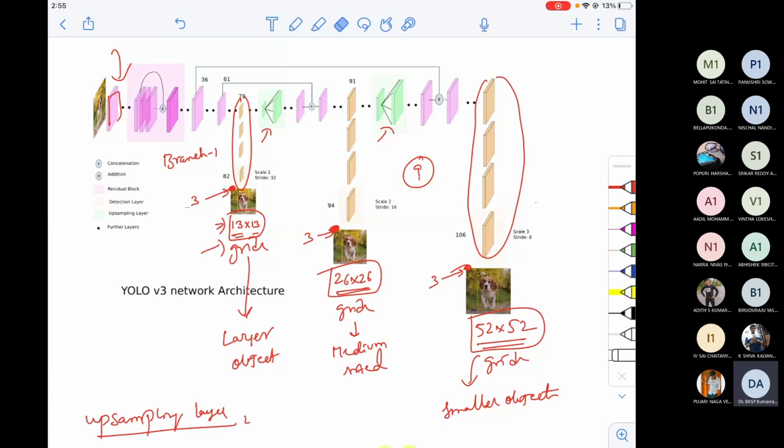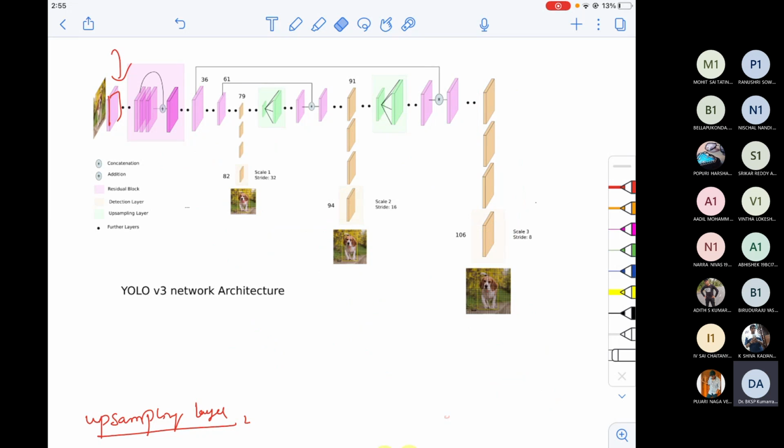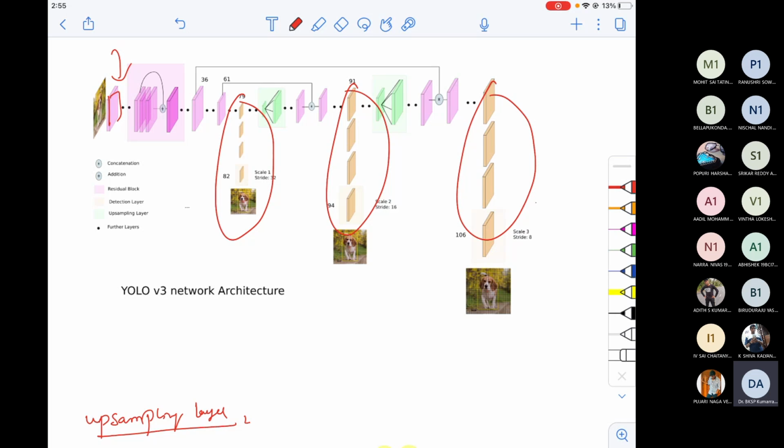So what is the main theme of YOLO V3? In YOLO V3, we are trying to branch out our outputs into 3 layers: branch out 1, branch out 2, and branch out 3. I'll ensure they're upscaled so that the feature map sizes are increasing, and by the time I reach my final branch, the feature map sizes are further increased. Accordingly, the grid sizes will vary, and I'll be able to detect objects of different sizes.